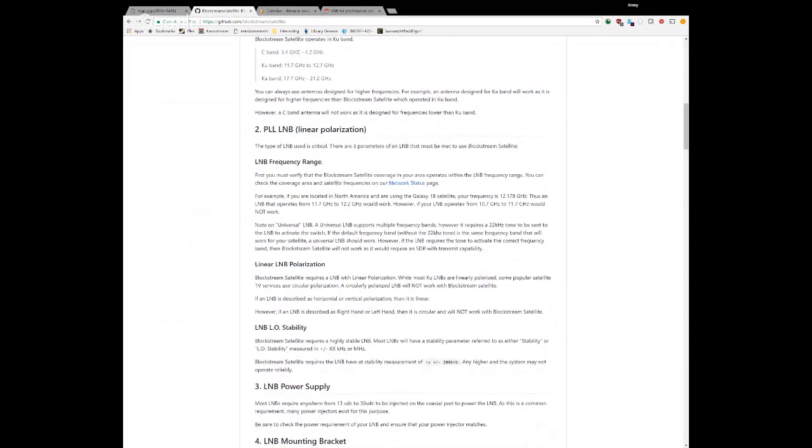There are 3 parameters. Obviously they sent this to me, so they sent me the LNB, so I think we're okay. If you are located in North America and you are using the Galaxy 18 satellite, your frequency is 12.178 gigahertz. Okay, so let's see. This is a PLL-LNB, I think. Stability, noise figure,